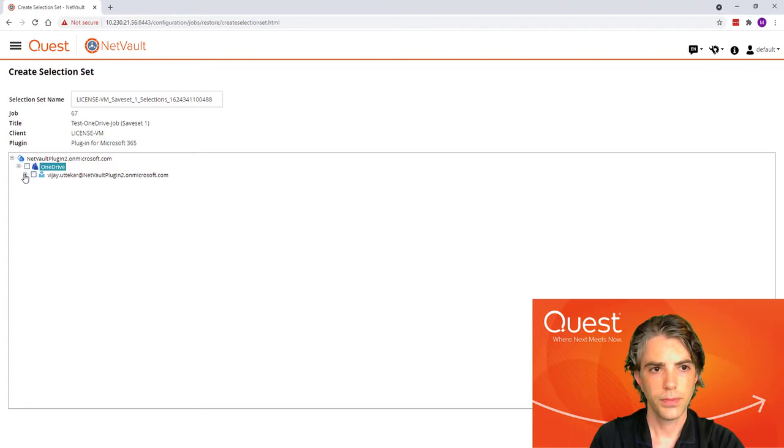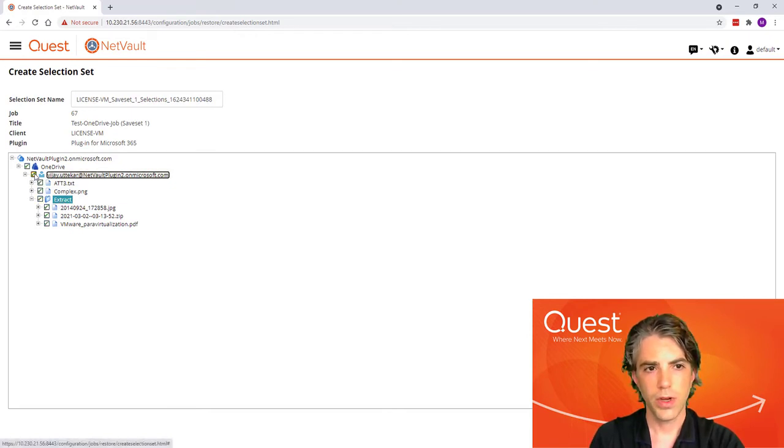This user was selected for the backup. And these are the files that were protected in that backup job. At the time of the backup, 5 files and 1 subdirectory existed. We can recover the whole thing, or we can recover individual files.